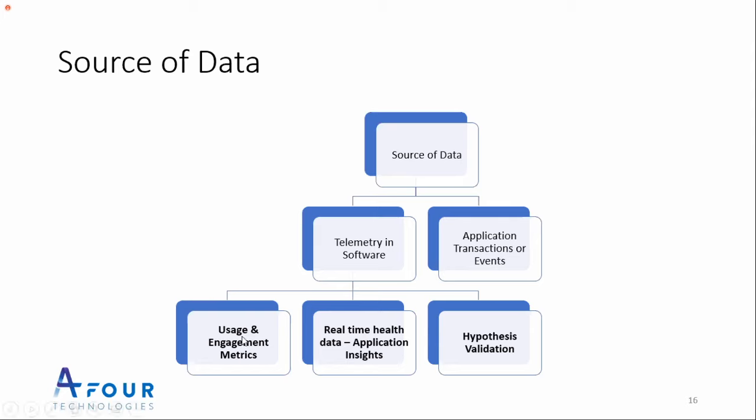So that comes under usage and engagement metrics. For example, if you develop any product which has 10 features and you want to know whether to continue your investment in this particular application, you add some kind of hooks wherein whenever a particular application feature is invoked, it sends out some kind of logs to the server saying that this user has clicked on this feature and has done some transaction over that. So you collect all this